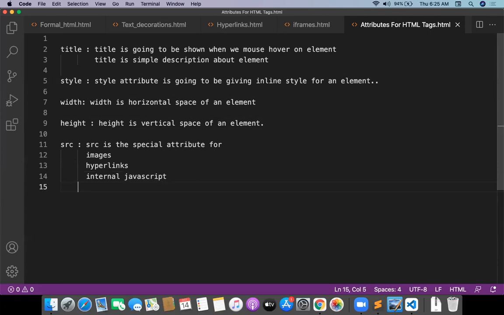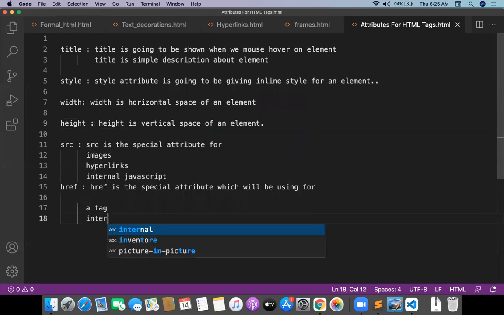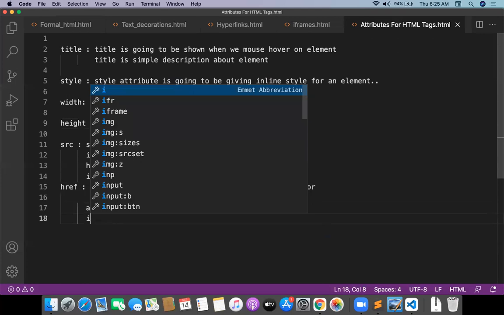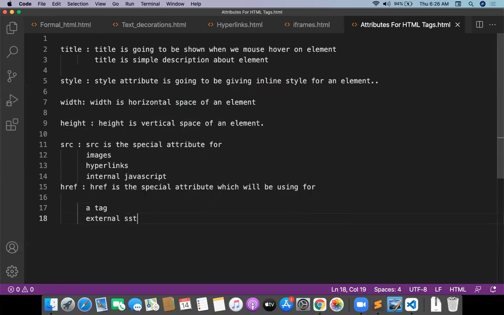Next, one more attribute, the href attribute. Href is a special attribute which is used for hyperlinks, the A tag, and href for external style loading. SRC is for external JavaScript loading.